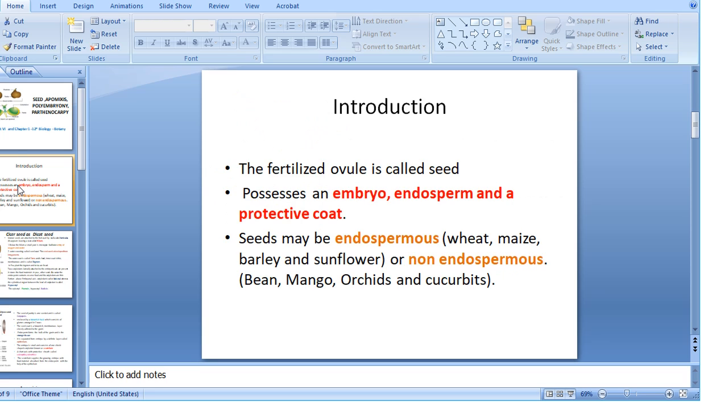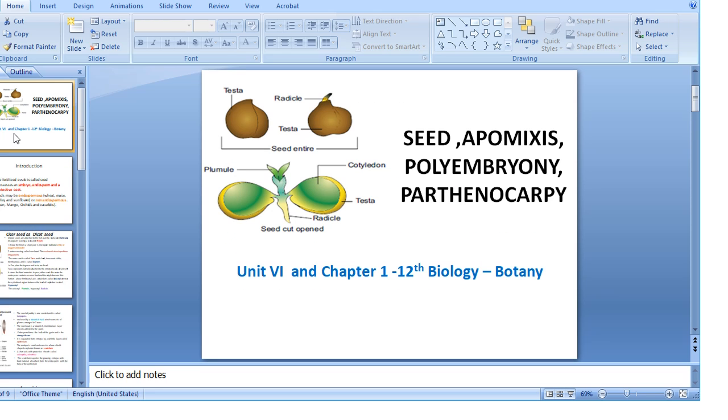In the introduction, in the title slide, I explain a lot of information about the seed. If you are taking a seed, this is a chickpea seed. That means